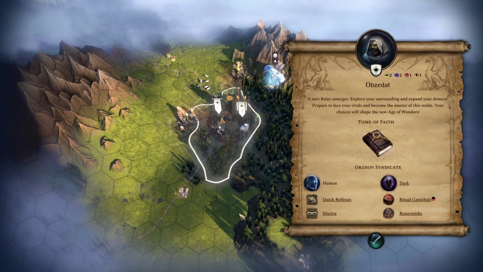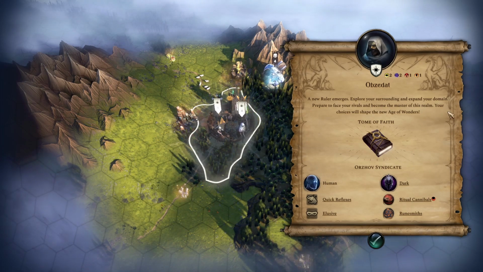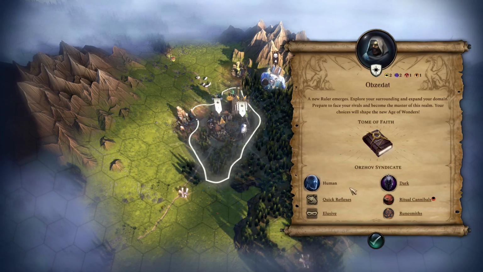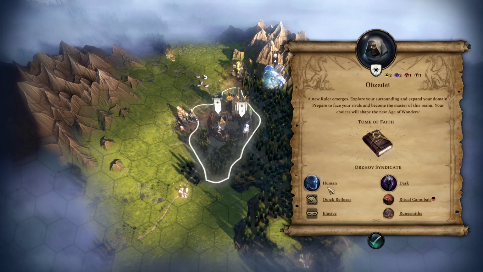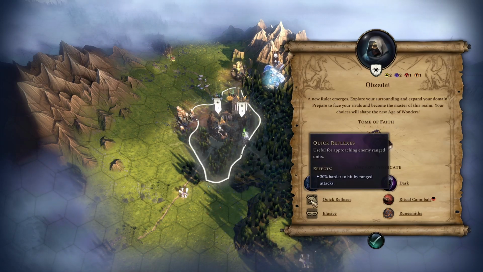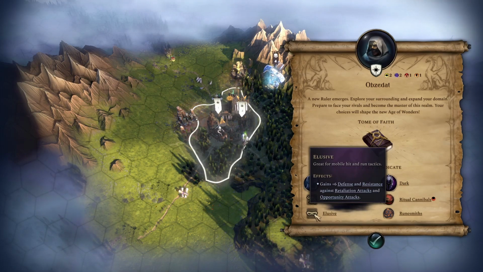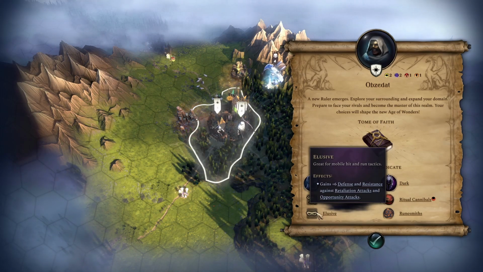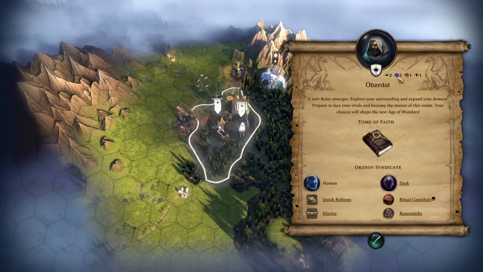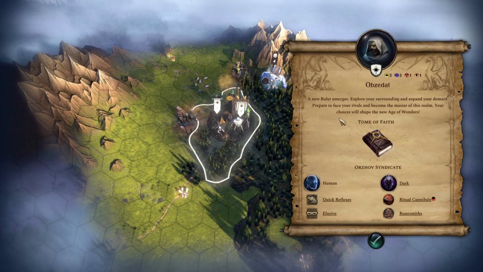The Orzhov Syndicate. Here we are with the Orzhov Syndicate. As you can see, we started off with humans with the quick reflexes trait, so it's harder for us to be hit by range attacks, and the elusive trait, so we gain +6 defense and resistance against retaliation attacks and opportunity attacks. Since we're starting off with the dark culture, we will be having a lot of shock troops, and